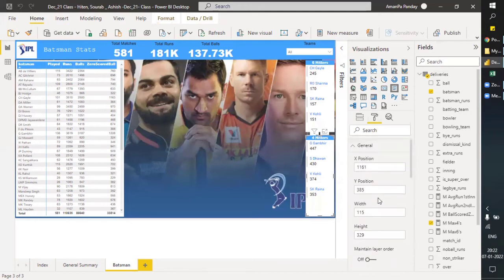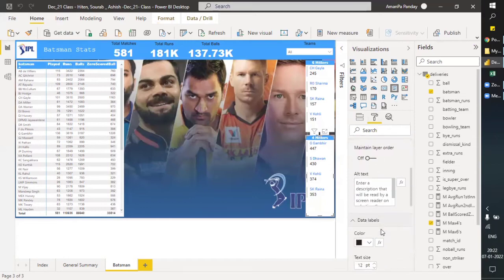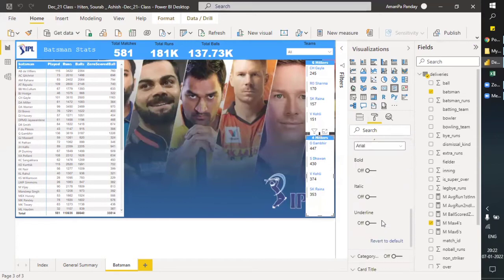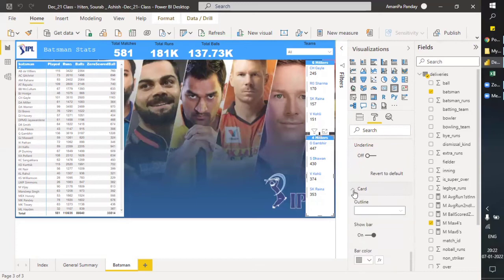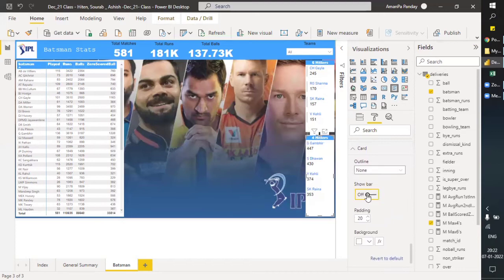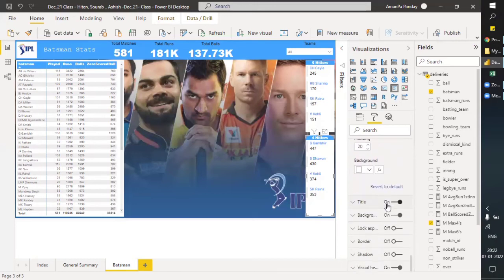Let's see if you have the option, in general, category, card title, underline, card outline, show bars, title, background.